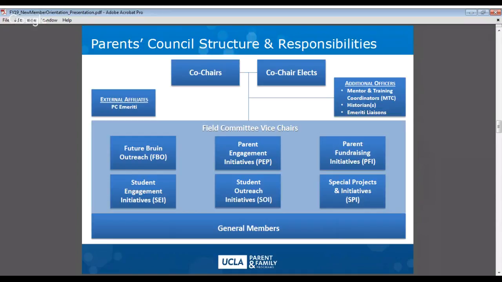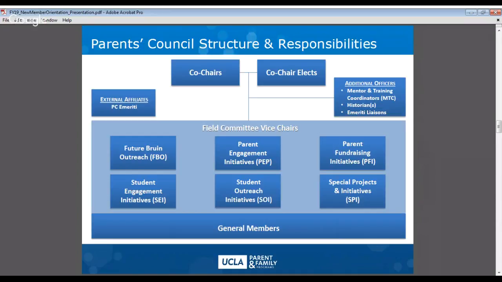Serving with them as co-chairs-elect are Craig and Donna Mizuno, and this will be their 2nd year serving on the council. As co-chairs-elect, they assist in leading the meetings and work to build relationships with the Parent and Family Volunteers Association. Bob and Deidre Murphy, who served as co-chairs 2015 to 2017, now serve as historians for the group.